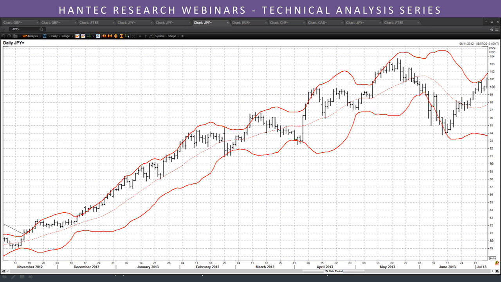So that actually sort of signaled the end of that trending scenario there on dollar yen. Okay, so the opposite of that